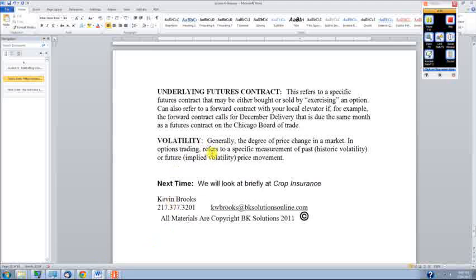Okay, and finishing this up, volatility is generally the degree at which a price will change in the market. In options trading, it refers to a specific measurement where they actually measure volatility. A lot of people get upset about those changes, thinking there are too many investors in the market making prices go up and down, but prices going up and down are actually opportunities for farmers. It causes volatility, which creates opportunity if farmers and landowners take advantage of it. But that's what volatility is, the degree of price change, and the more uncertainty there is in a market, weather, production, etc., the more volatility there will be, the more risk, the more potential